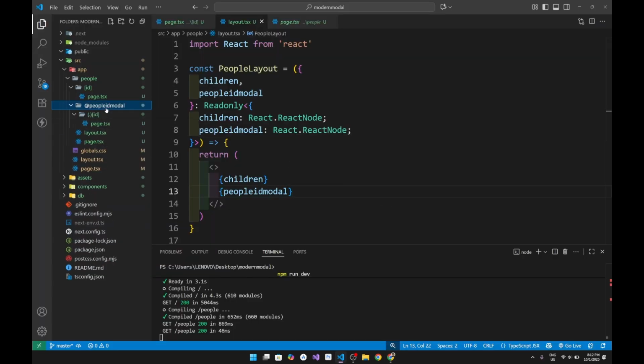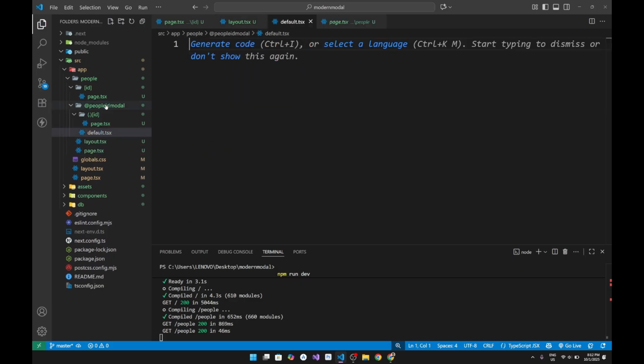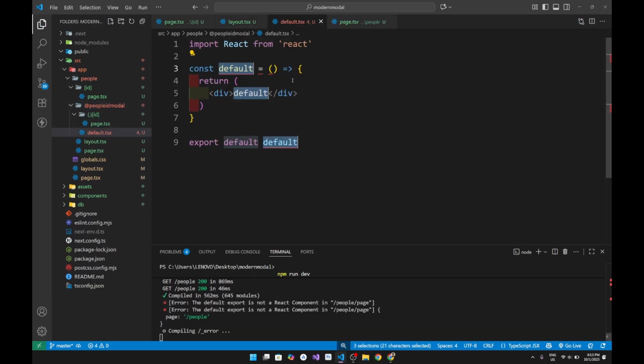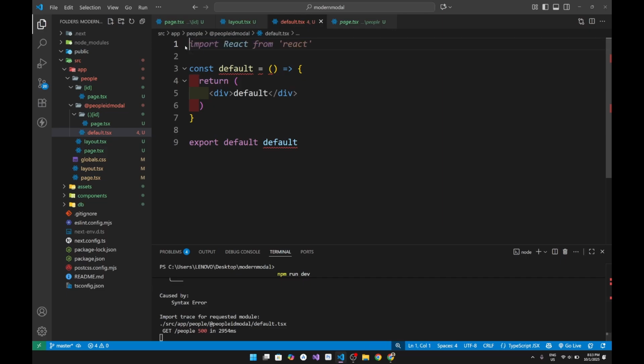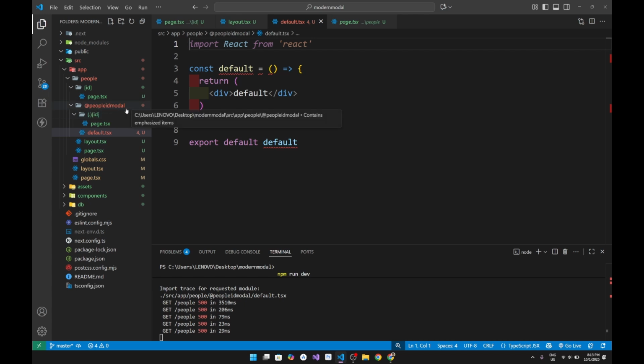So that's why we need to add a new file to this folder named default. What it does is, when our application cannot find anything for people ID modal, it basically returns the default value.